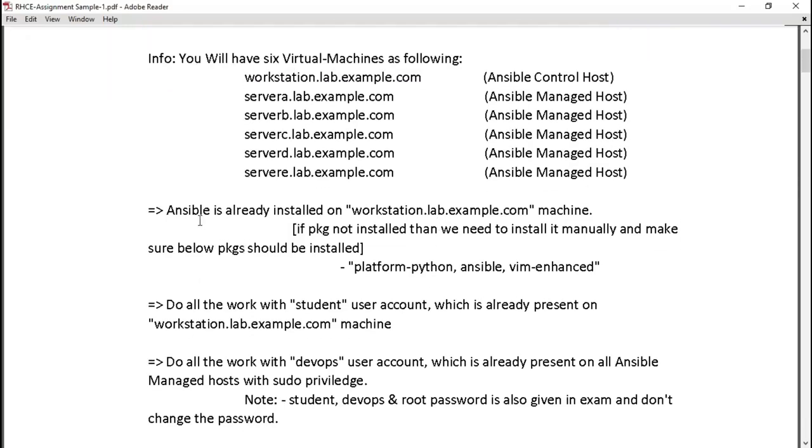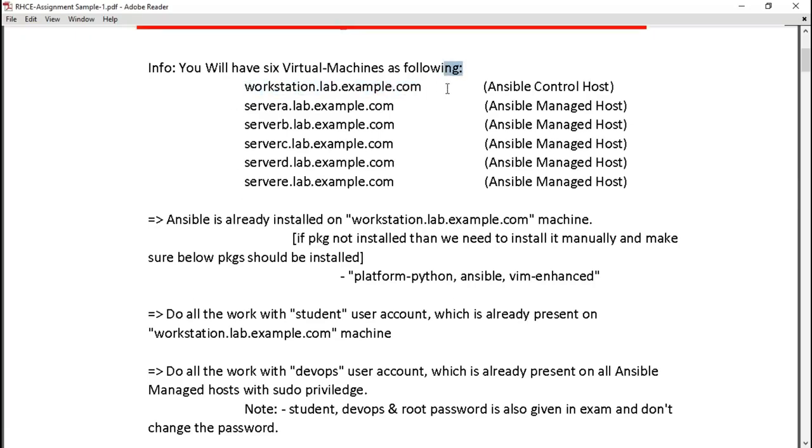Okay. Now the Ansible package or the Navigator package will be already installed on the workstation.lab.example.com. But in case it is not, then we need to install those, right? To install those packages, you will already get the address of the repo, which you need to pass in base URL in your instructions. So pass those things and install the package of Ansible or whatever is required, like Python, Ansible, Ansible Navigator, or Vim. Most of the time, these packages will be already installed. If any package is not installed, you can directly install the package. Right?